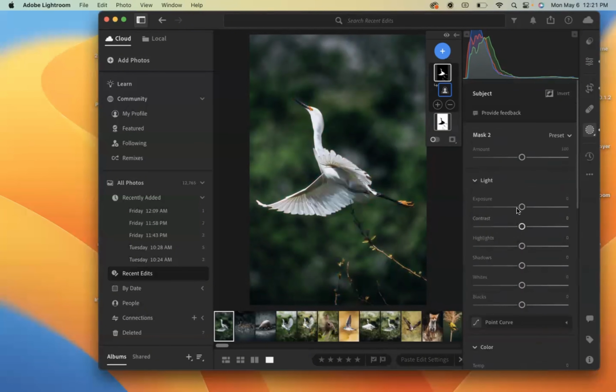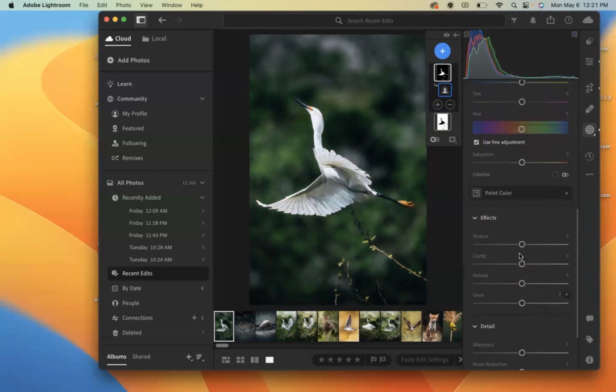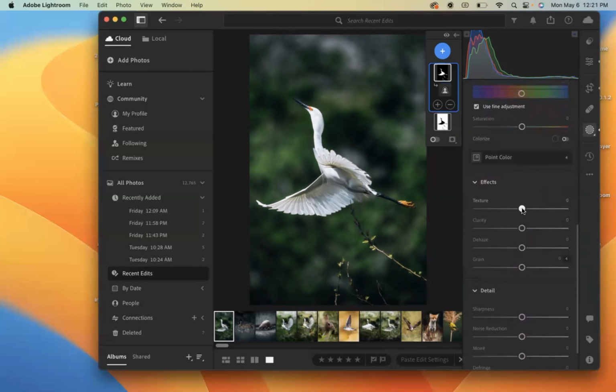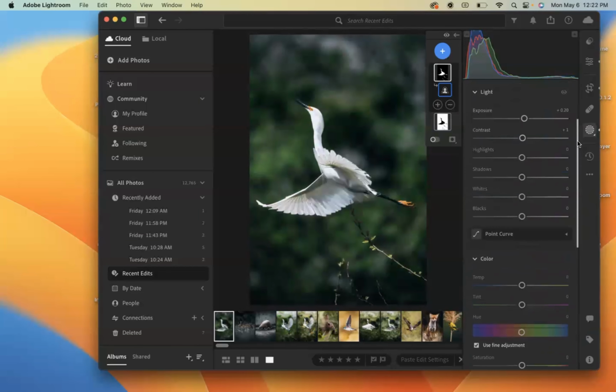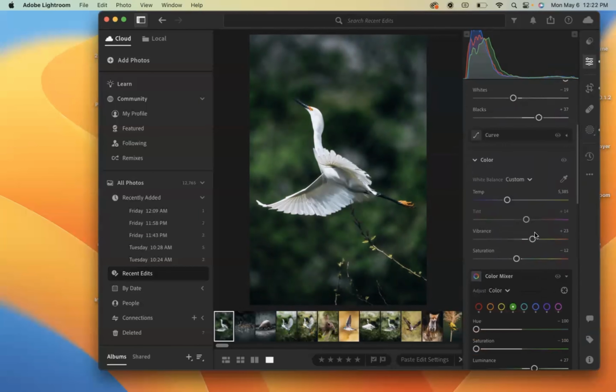And I might play around with the colors a little bit for this bird. I want to see how I like it. I don't want it to be too overexposed, but contrast, I think it looks fine the way it is. I want to drop the texture. Drop the textures a little bit to kind of smooth it out. Beautiful. Nice. And I kind of want to go back to here and just work with the vibrance